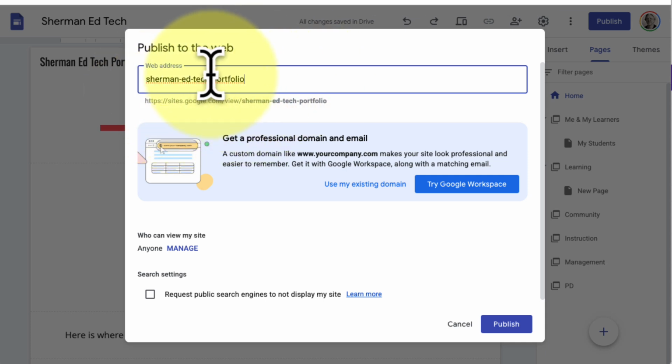The overall address is going to be sites.google.com/views/ and then whatever I type in here. It automatically suggested one, Sherman EdTech Portfolio. I'm going to shorten that just a bit. I like to have the shortest names possible. If I do that, you'll notice a little check mark comes over here. That means that is a unique name, so I can keep that. All I need to do now is click publish,